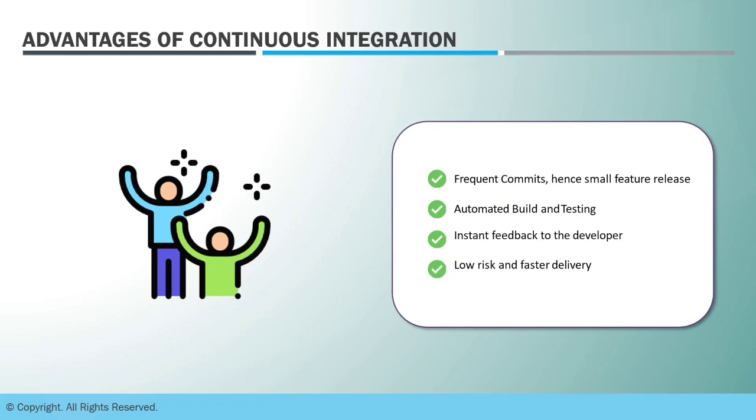Then comes automated build and testing. The building of code, whether it is Java code or Python code, anything, you can write these commands as part of the continuous integration cycle. Build, testing, packaging, deployment, everything runs automatically here using continuous integration, and that's where it will save time and cost, and every commit can be tested without any human intervention, and quicker feedback can be provided to the developer.